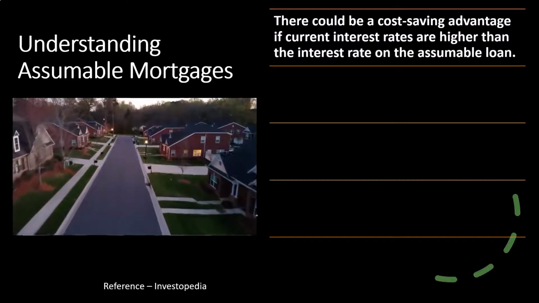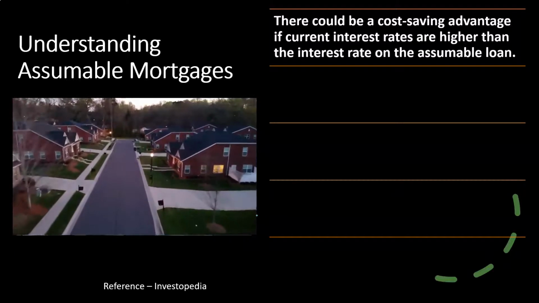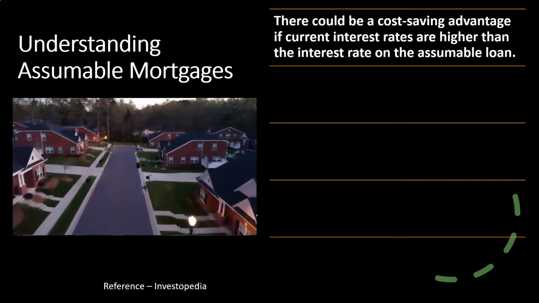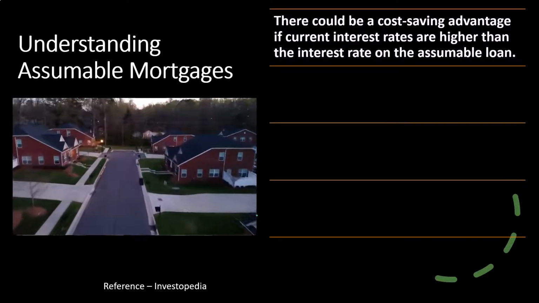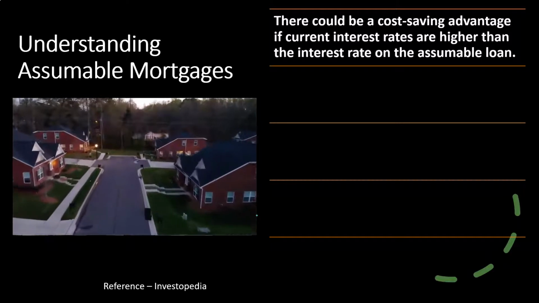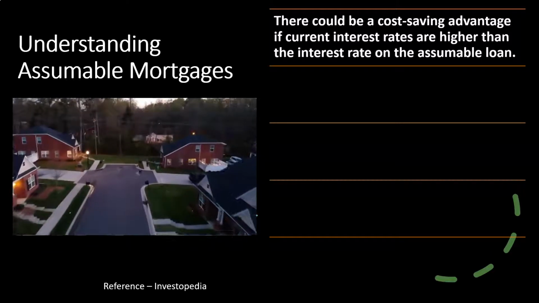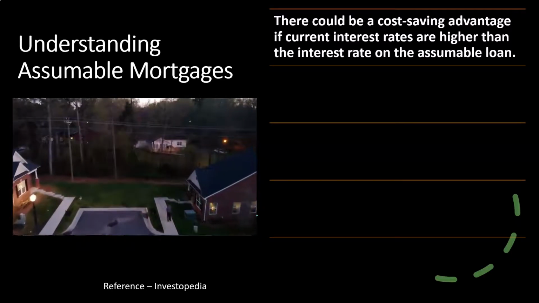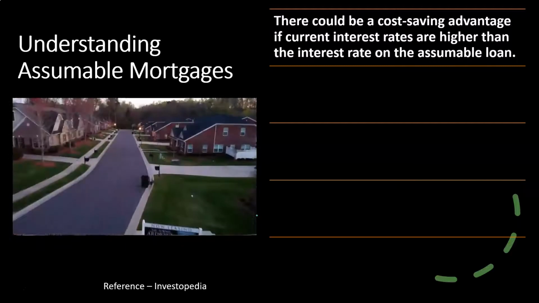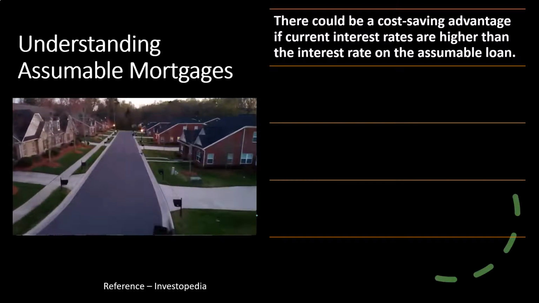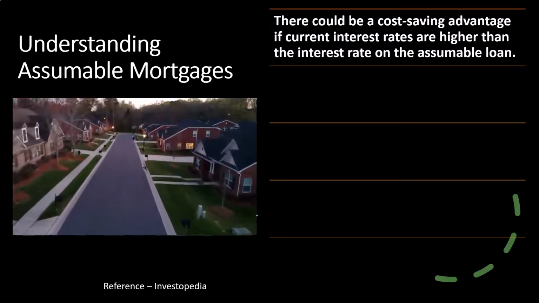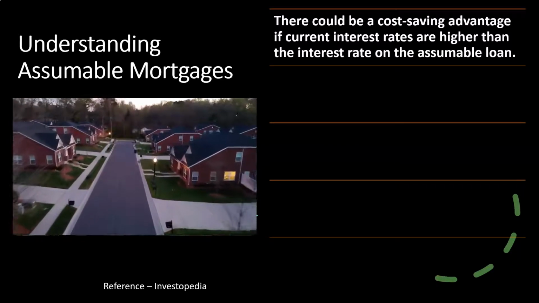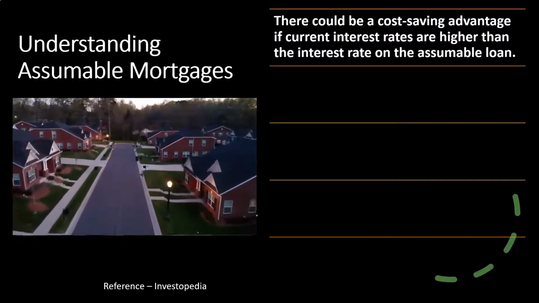So if the seller locked in the rate, and they have a locked-in rate, and the current rate that the borrower would have to take, given the fact that rates have increased, is higher than the fixed rate that the seller has on the loan that's already outstanding on the property, then both parties could possibly work out a situation where the buyer assuming the loan would be beneficial because they can possibly get access to that fixed rate, as opposed to taking out a current loan in the current environment where the actual loan costs would be higher.